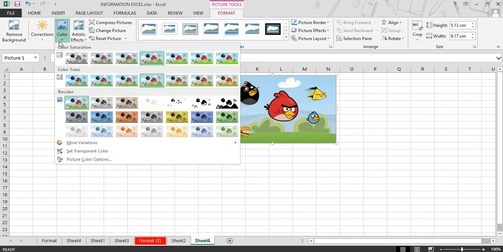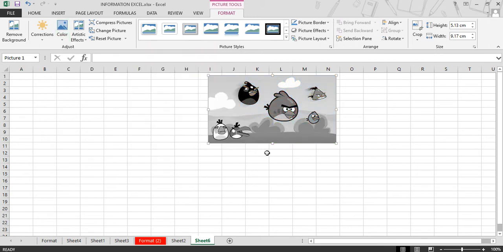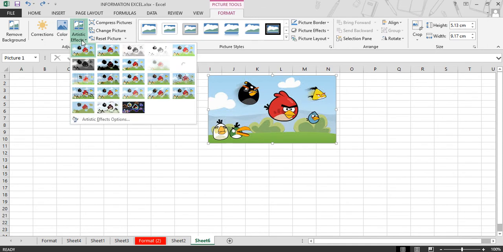Next is, if you want to change the color of your picture, like you want to display that picture in gray and black color or another color options we have. So you can apply these three color options or these color tones on your picture. For example, this one is black color. If you want to give an artistic effect like